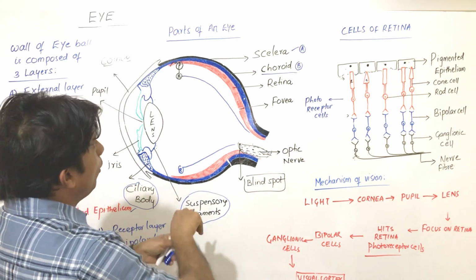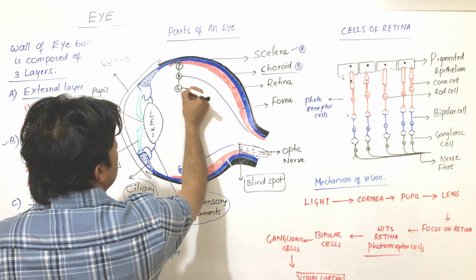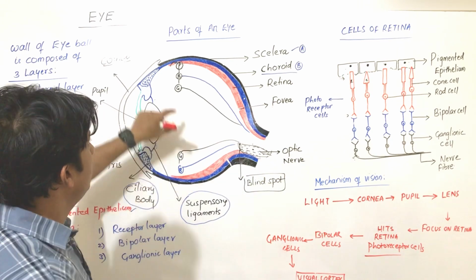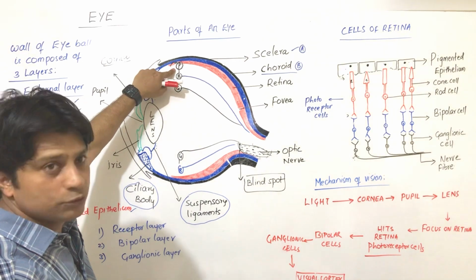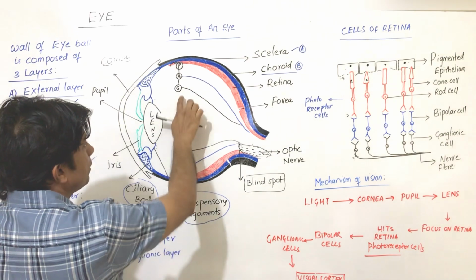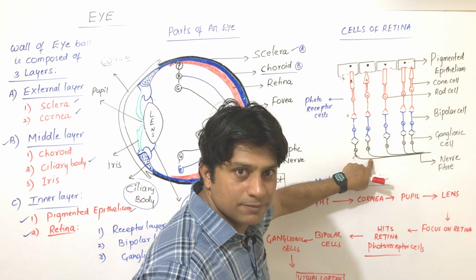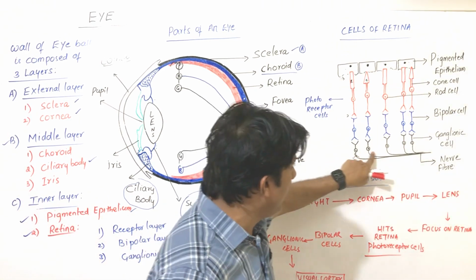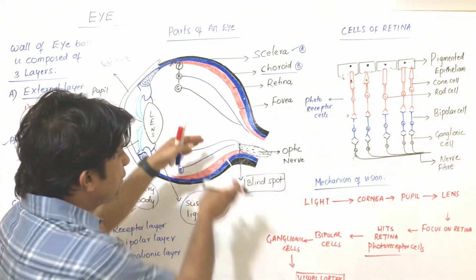Next, just below the bipolar cells are the ganglionic cells. So when you talk about the retina, the retina has photoreceptors on the outside and ganglion cells on the inside. Now from every ganglionic cell arises a nerve fiber. All these nerve fibers fuse and form an optic nerve, which leaves the